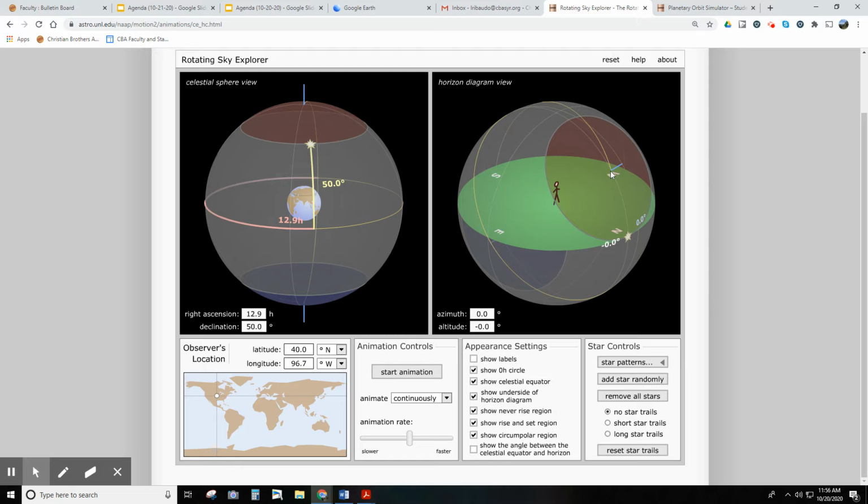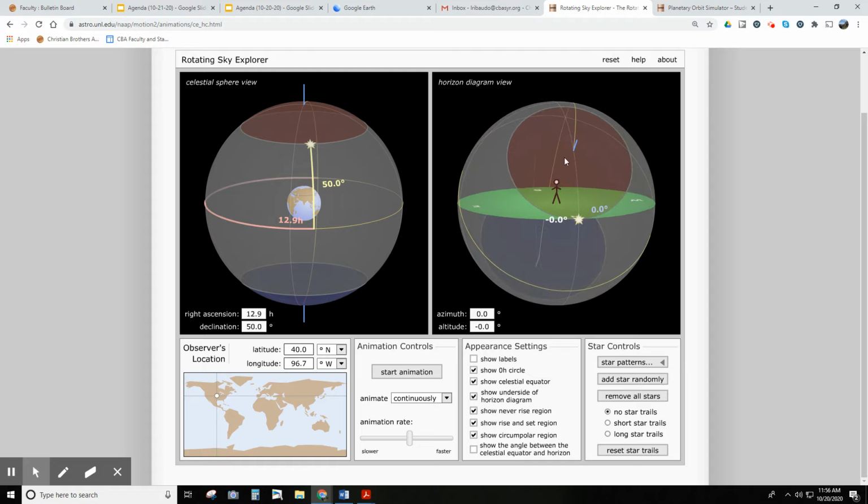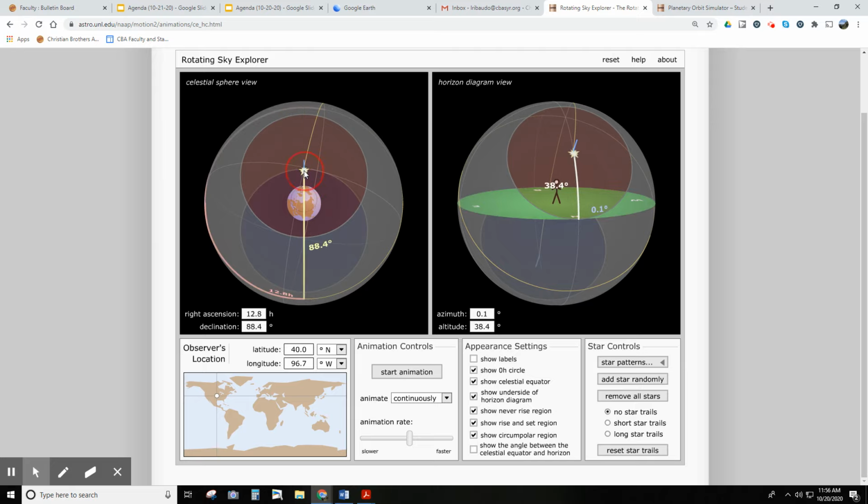Okay, so anywhere between 50 and 90 is the circumpolar range. Basically, any star in this area from here to here is going to stay in this circle right here. And that would be basically all the way up to this center point right here, which is 90. Okay, any star in there is going to stay in that region from 50 to 90. Now the south point declination